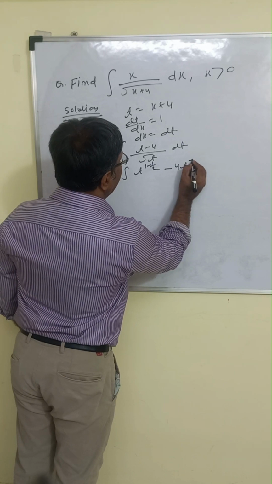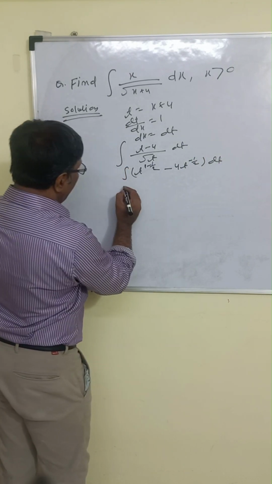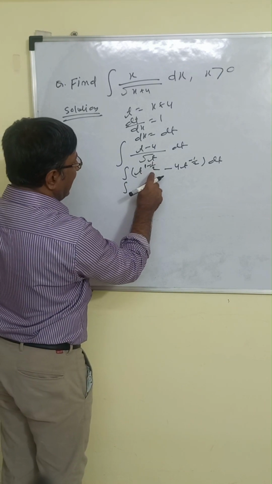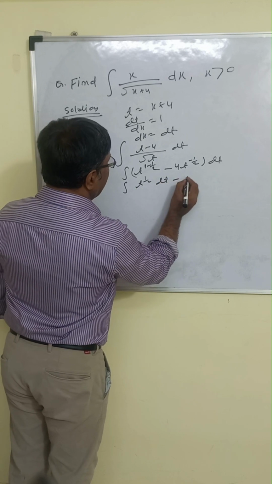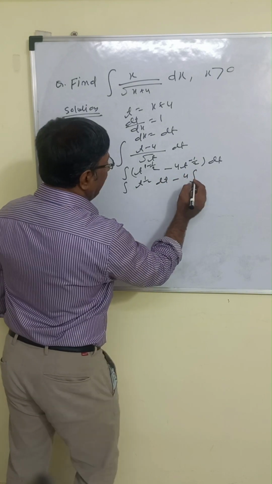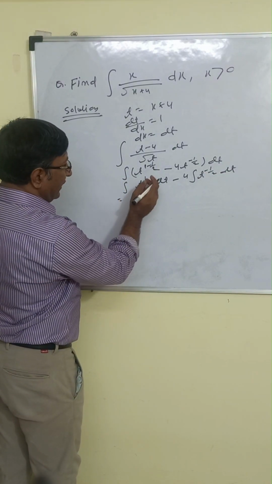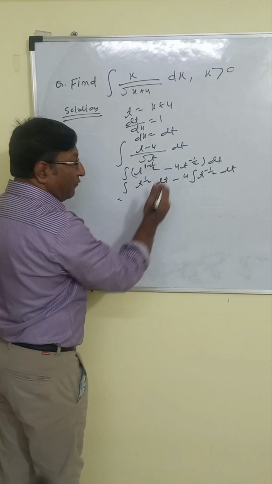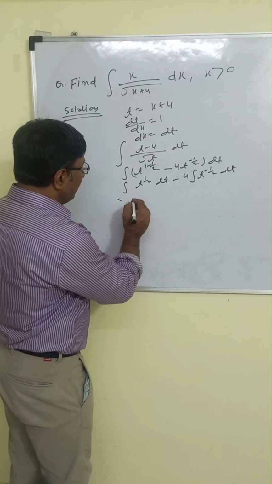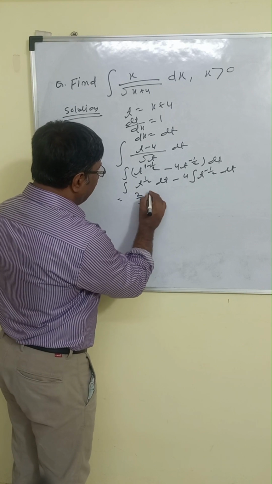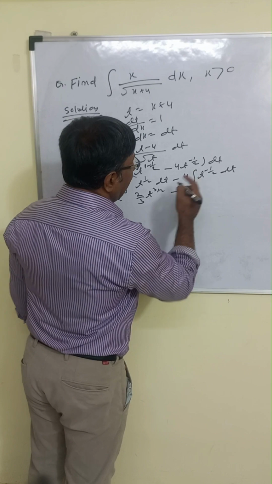So you can say t to the power minus half, and this is dt. So again we will get 1 minus half is half only. So we'll get this is t half dt minus this is 4 integration of t to the power minus half dt. So we know t power half integration is half plus 1 divided by half plus 1. So half plus 1 is 3 by 2. So we are writing directly 2 by 3 t power 3 by 2, and minus this is 4 t minus half.